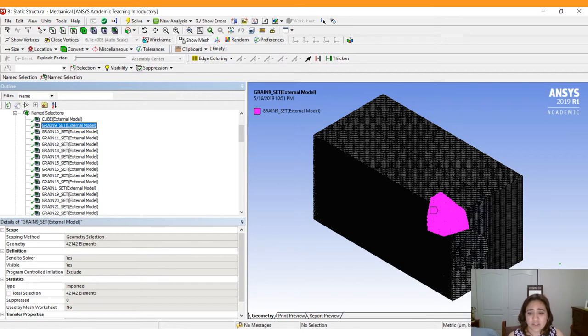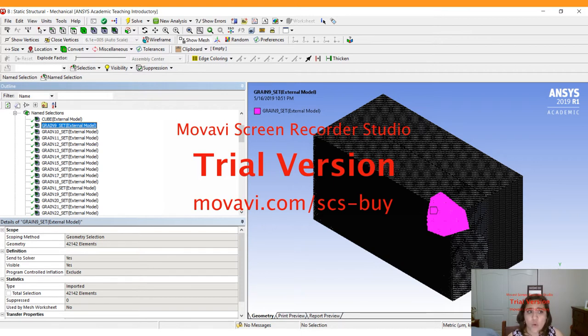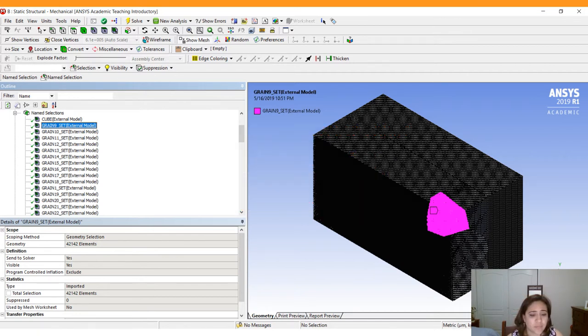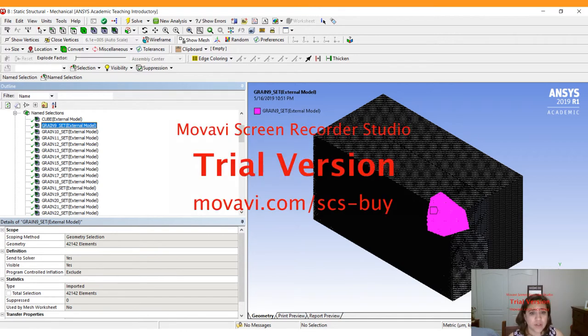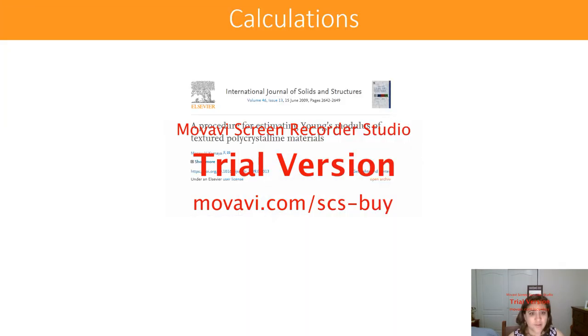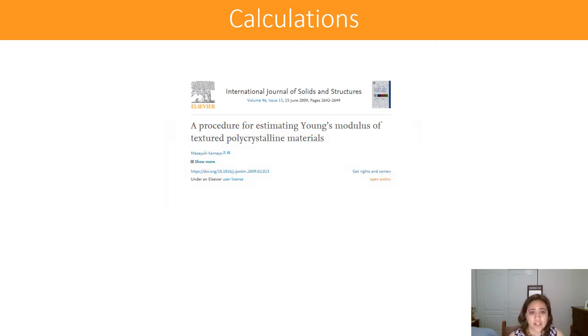And you can see on this image that the mesh or the input file was submitted to ANSYS, and then ANSYS created grain sets. After creating the grain sets, we need to change the material properties and do the simulations and do the calculations for the modulus of elasticity. Unfortunately, I'm gonna